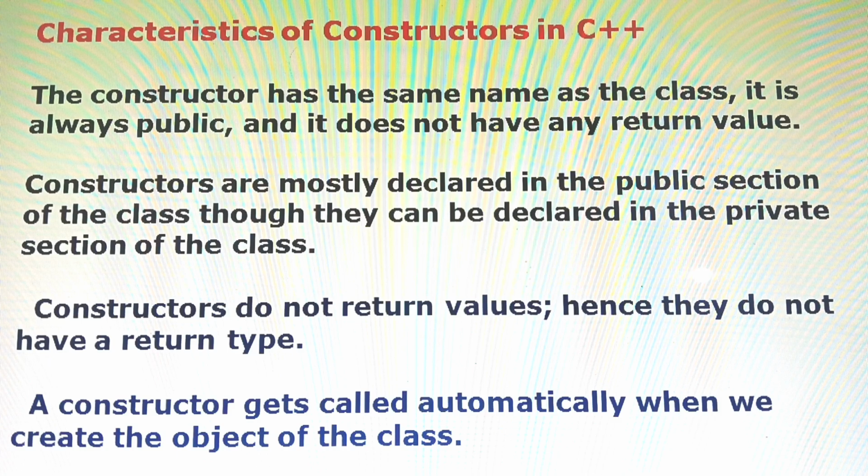when we create an object of the class, the constructor gets called automatically. Then no return type is required, and no extra statements are required to access the constructor, data members and functions. These are the rules we have to follow to create a constructor. Class name and constructor name should be the same, access specifier public, no return value required. Then when we create an object, the constructor gets called automatically in the main program. These are the characteristics of constructors in C++.